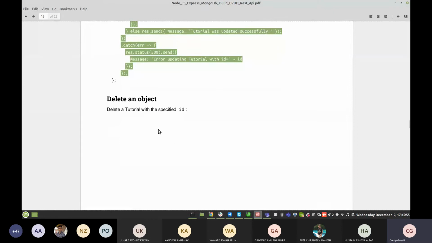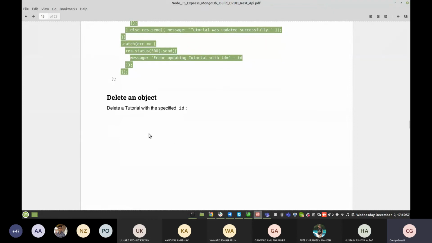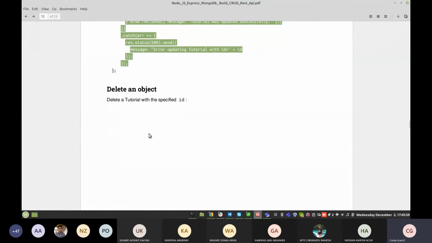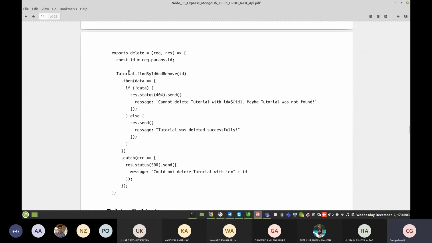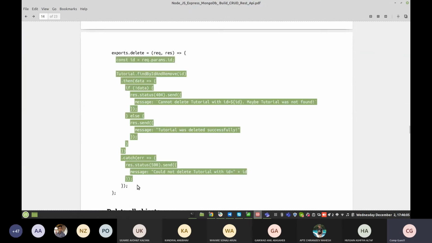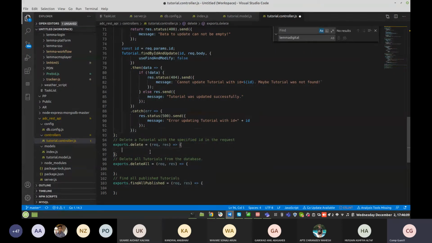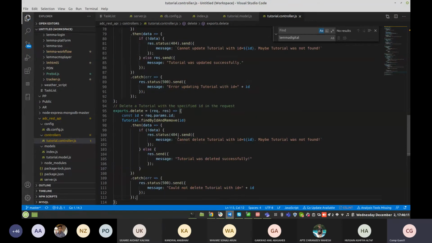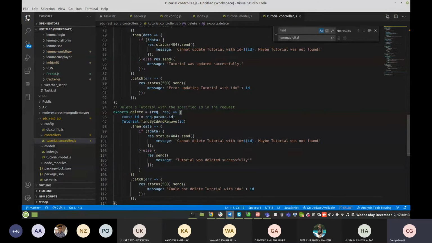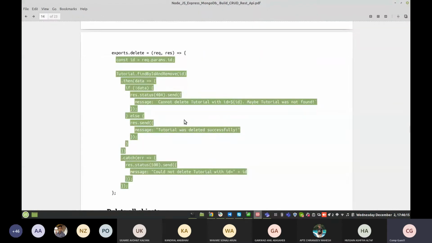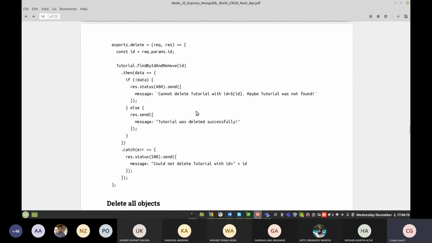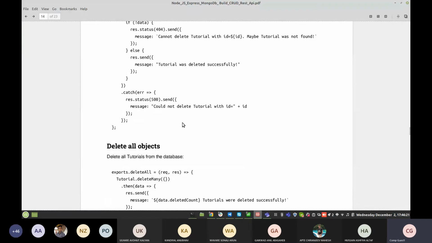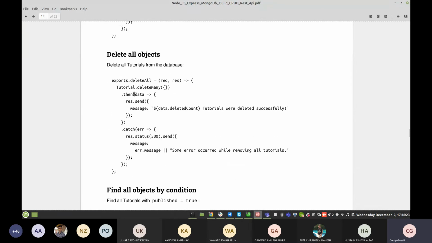Now delete a particular tutorial. We specify the id, so whatever id you have mentioned, that tutorial should be deleted. For that we use find and remove, a function implemented in Mongoose that finds that particular id and removes it, and after removal it goes to the success method.